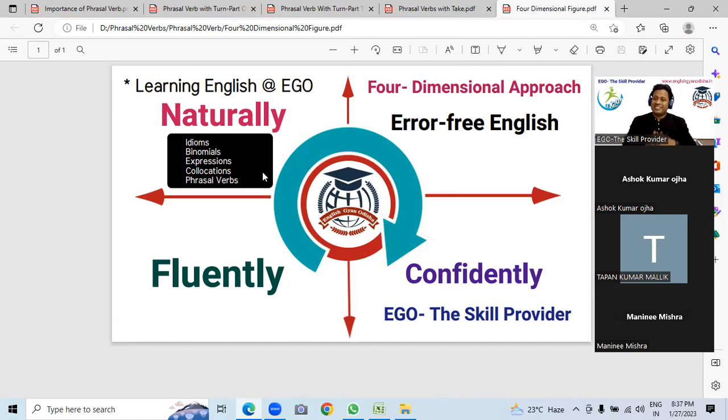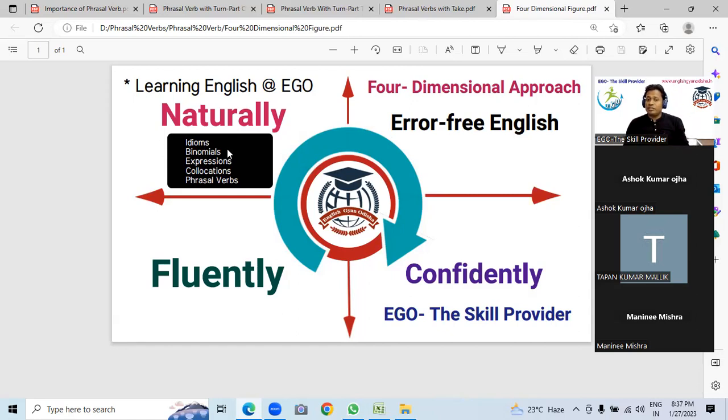You are supposed to speak English naturally. It's a natural process. Look, you are speaking Oriya, very natural. But whenever you are trying to speak English, you are struggling a lot. You are not getting the right kind of words. Something is going for a toss. Why? It's happening because you are not using these five parameters, the five things.